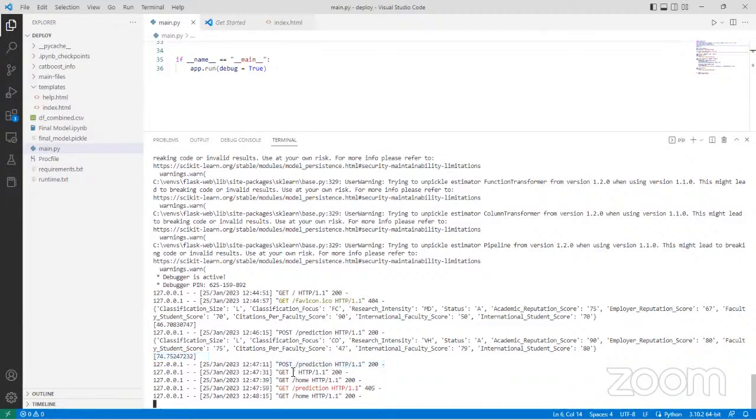A get method was used, but we had an error for the post method trying to get prediction. Get method is not accepted for prediction. But when we went back to home, it worked. This is just like logging in Flask, just trying to log every process that has been done on your web page. So basically with this now, you are done with your